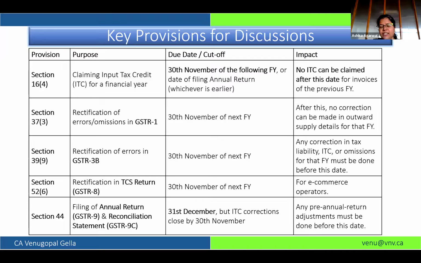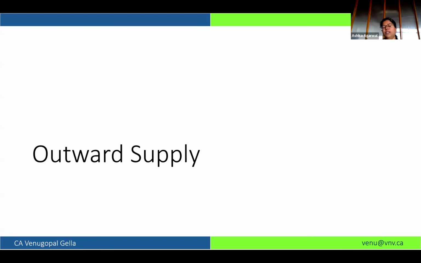And as Sir said, now all the audits are almost complete. Maximum would have been completed. So while doing statutory audit or tax audit, there can be a case where you have come across an error which has been made while filing GST returns, which needs to be rectified. So this session plays a very crucial role: whatever discrepancy you notice in your books with the GST return, and how you can rectify the same. We'll be moving forward one by one on how you can rectify things.